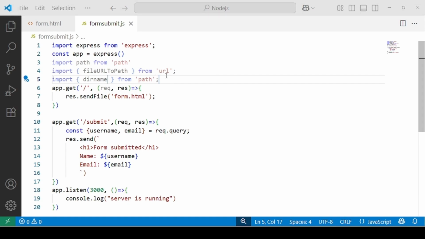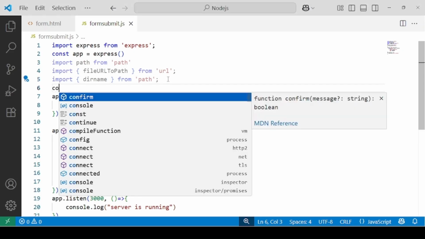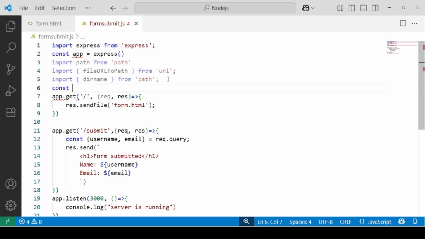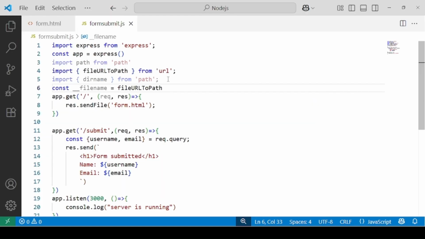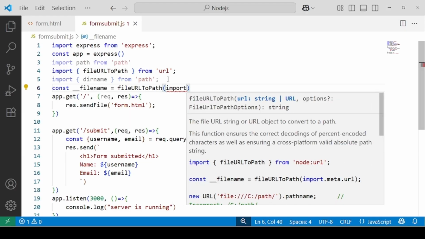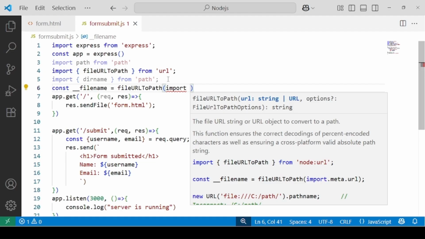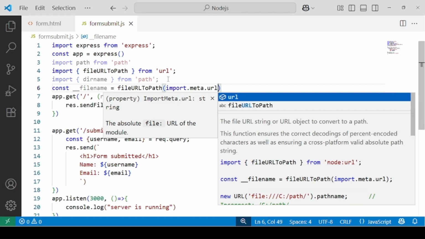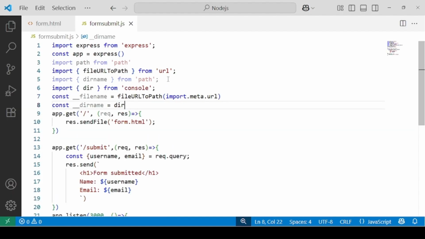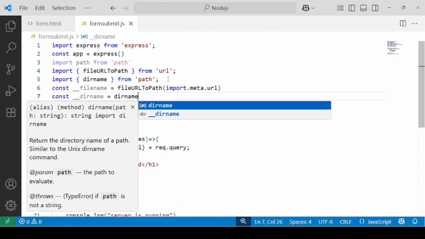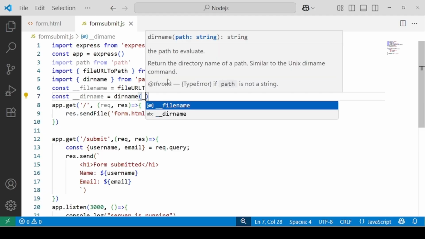We have to now recreate the dirname for the ES6 module using const filename equals fileURLToPath, import.meta.url, and then const __dirname equals dirname and pass filename.